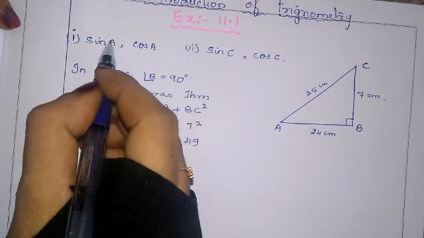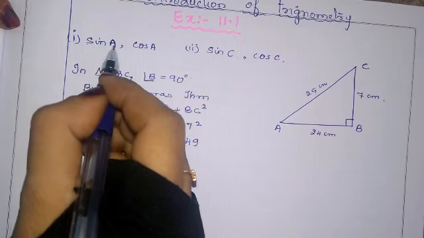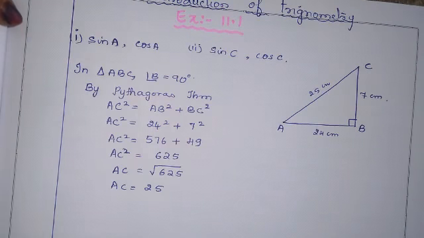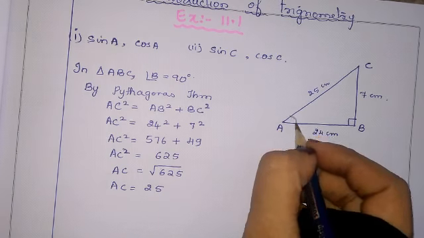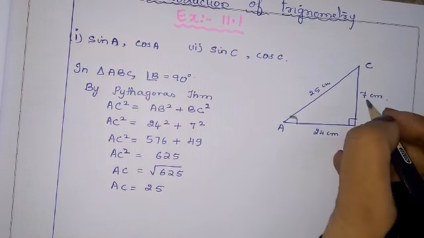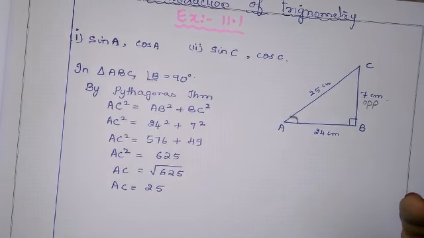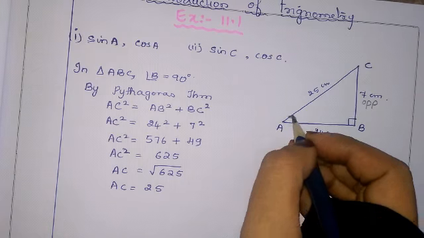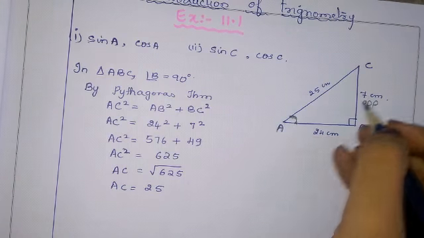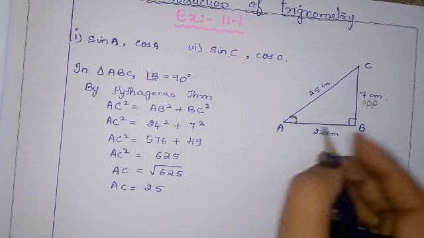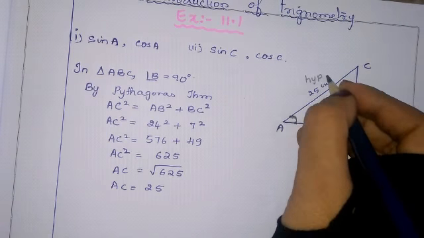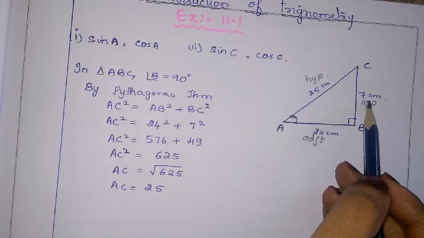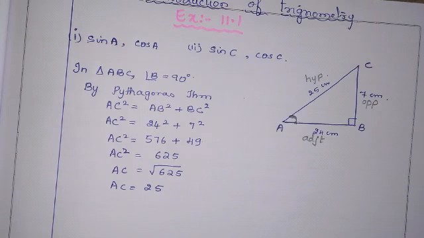Now they have told to find sin A and cos A. What do we have to denote for this? First, this is angle A. The side opposite to angle A is the opposite side. Focus on the figure now. This is the angle A, the opposite side, and the side along the angle line is adjacent, and this is always the hypotenuse, right? Okay, now opposite, adjacent.